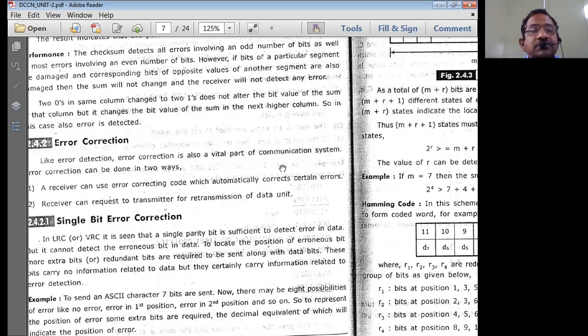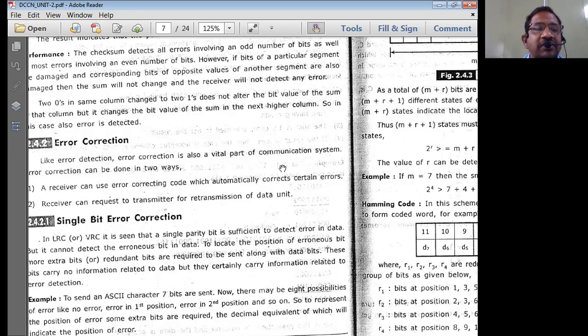Okay, so let us go with these two parts now, these techniques. Already we discussed error detection methods, and now we go with error correction methods. In error detection, in the syllabus, we have 4 methods: VRC, LRC, CRC, and checksum. In error correction, we have 2 methods: single bit error correction method and Hamming code error correction method. So let us look into this now.